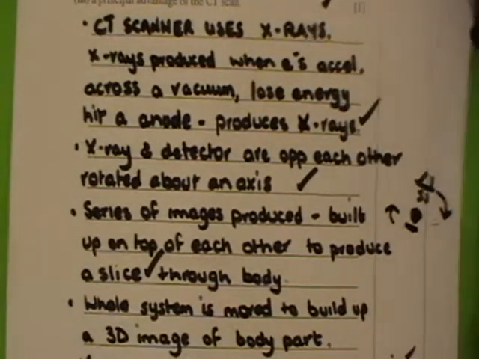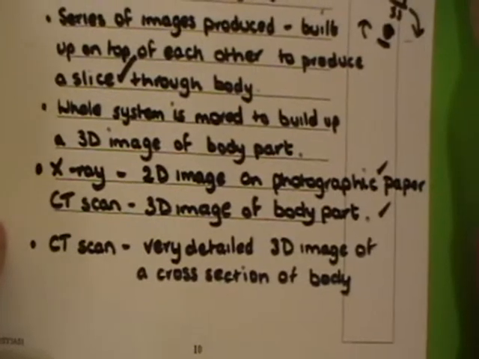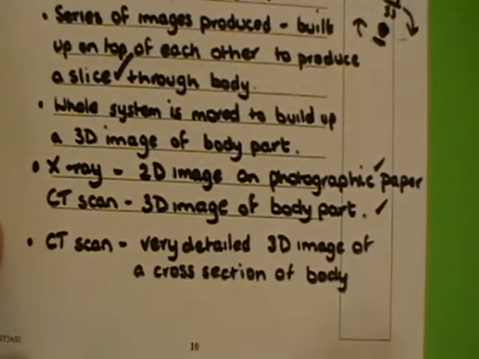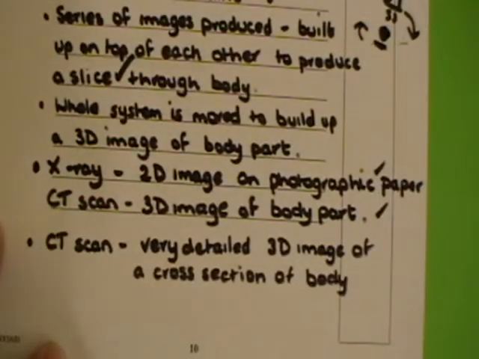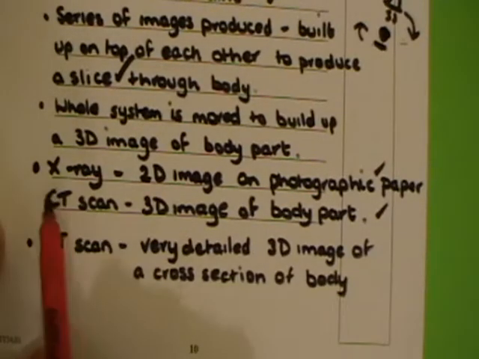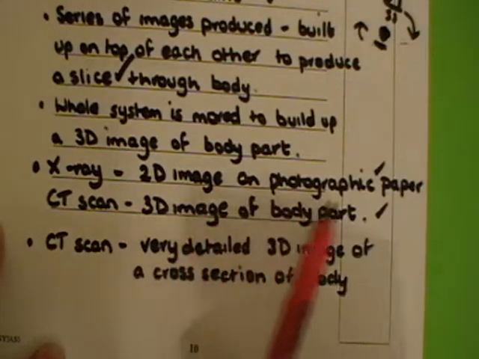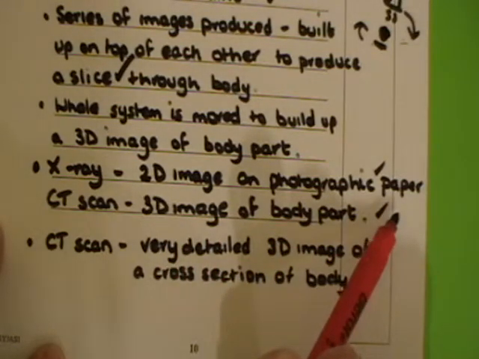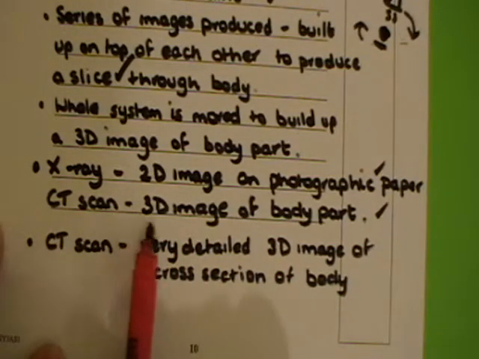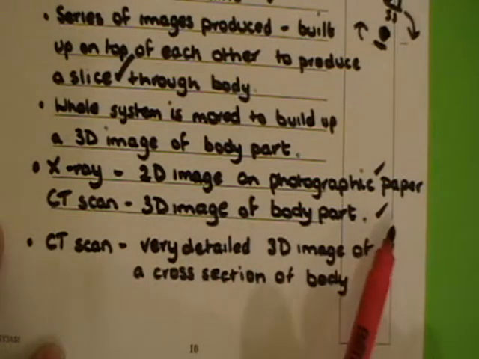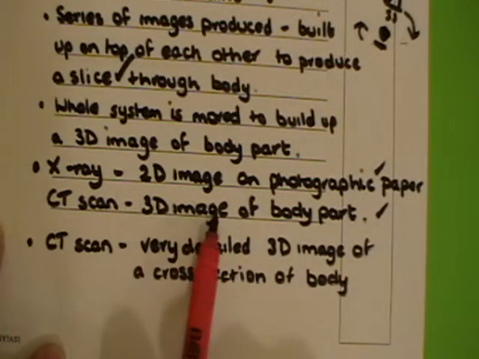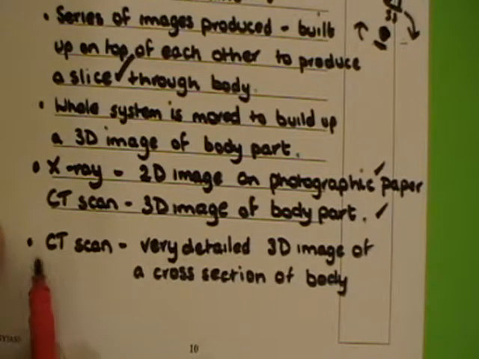And you probably can't see that, so I'll just move that up there. I'm just realising you couldn't see the X-ray. So I'll just repeat the answer to this part up here, the bit about the major difference. With an X-ray, you get a 2D image on photographic paper. It's now usually put in computer actually. A CT scan though gives you a 3D image of a body part. So you get a slice, maybe you want to say that in there instead. And the main advantage is a CT scan is a very detailed 3D image of a cross section